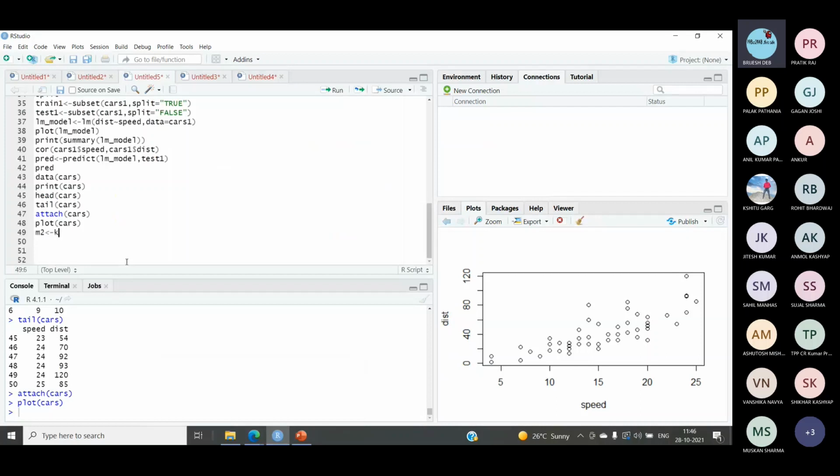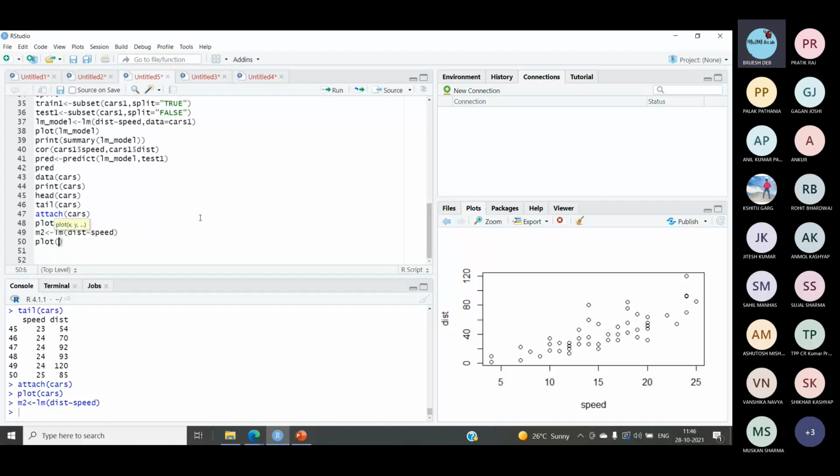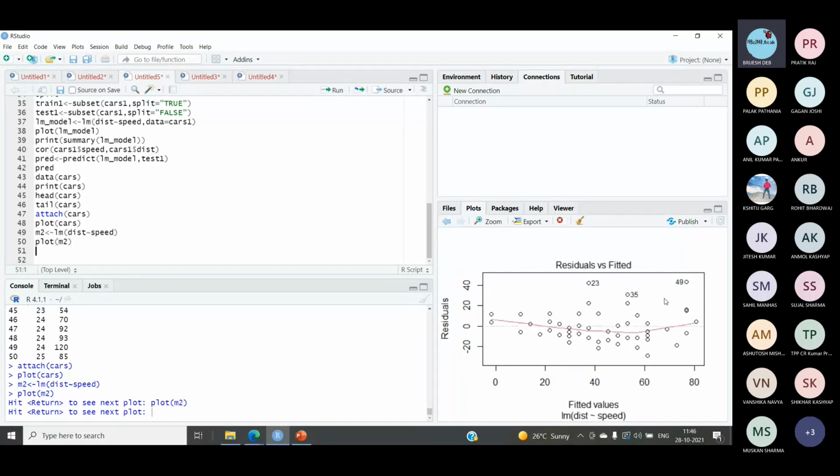And it simply says lm, for distance and speed, it's nothing else. So the model has been done. Now you can plot the model. You will simply do plot M2. So the model has been plotted.